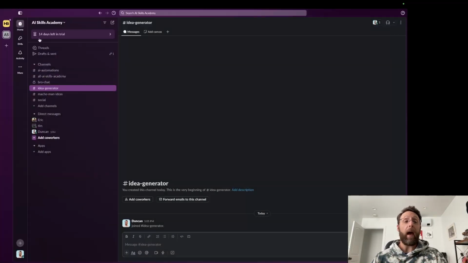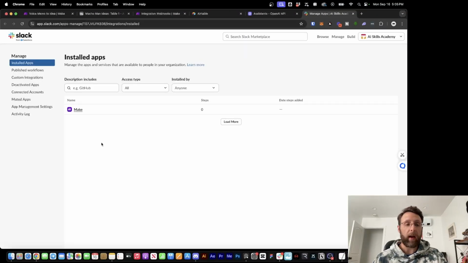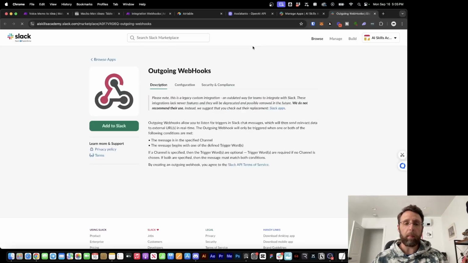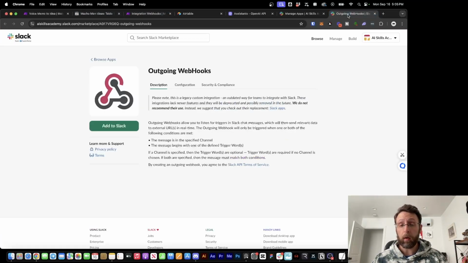One thing you have to add is you have to add the webhooks to Slack itself. And so if you come into tools and settings just by clicking the top here, you can go into manage apps. And it's going to take you over to slack.com. And if you come up to the search bar, you're just going to type in outgoing webhooks. It's going to open up a new page. And right here, this is where we're going to use that webhook that we just created in make.com that we copied to our clipboard. We're going to use this to configure the webhook so that make.com recognizes whenever we type into Slack. So I'm just going to click add to Slack